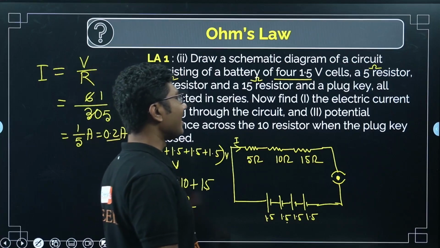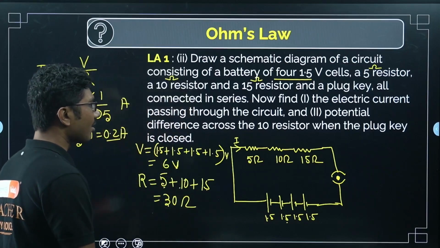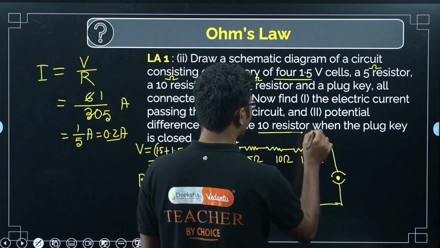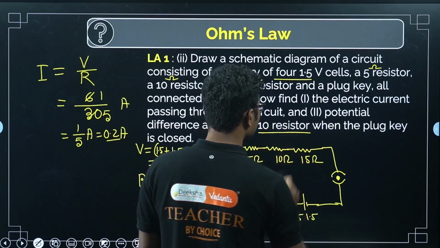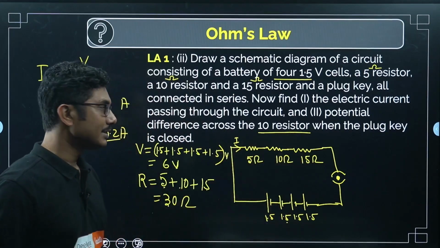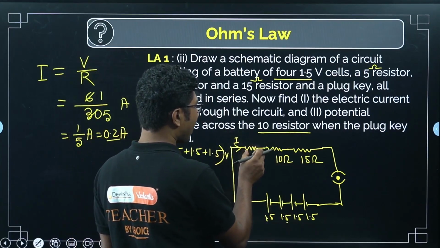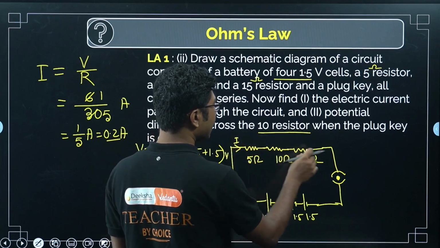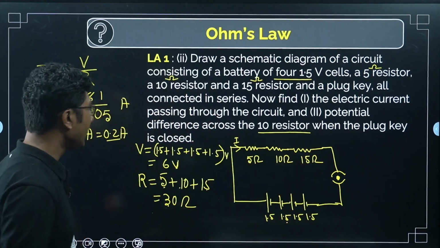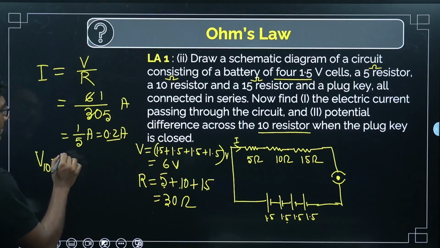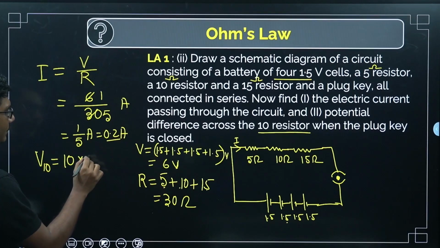Okay, now next they have asked you the potential difference across the 10 ohm resistance. This is very, very important. Now current in the circuit is same. They are all connected in series. So the same current is passing through 5 ohm, same current is passing through 10 ohm, and same current is passing through 15 ohm. Okay, so the potential drop across 10 should be the resistance 10 times the current passing